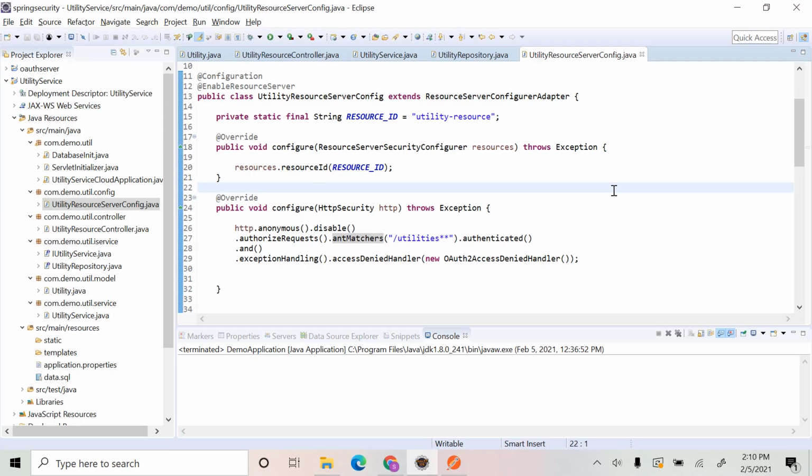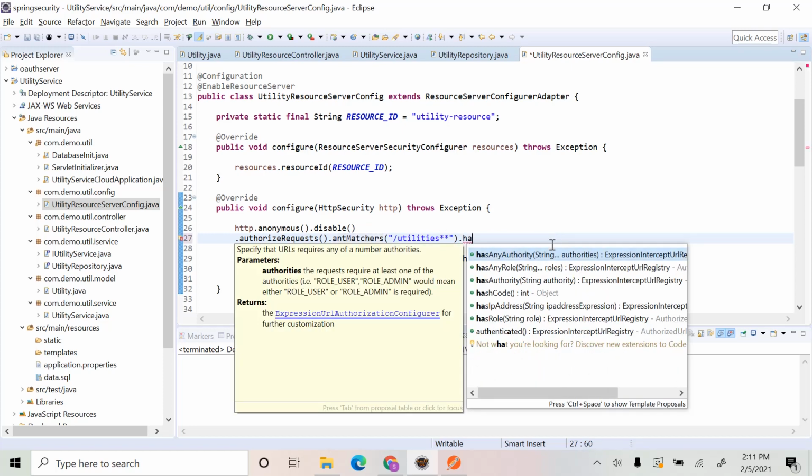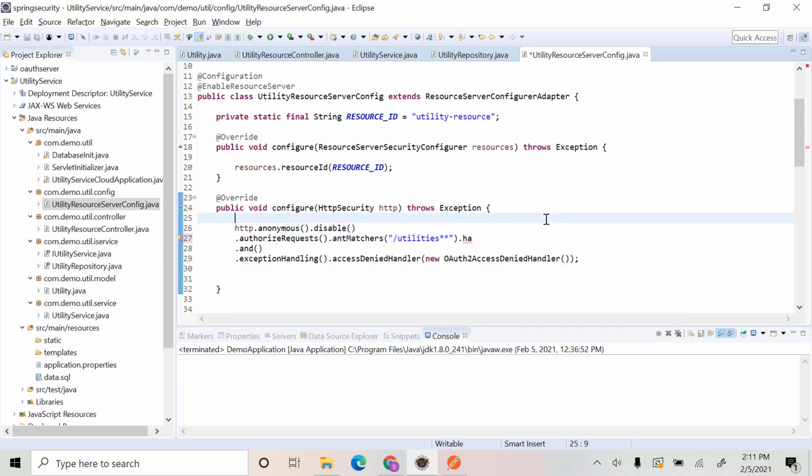Here you can fine-grain the access control by adding the HTTP methods to the antMatchers and by using more specific paths, and also you can use hasAnyAuthority or hasAnyRole to be more specific about the access control. So this is how we control the access to the resources. But here we are making it very simple: if they are authenticated, then they are authorized to access this endpoint. And in case of any errors or exceptions, this OAuth2AccessDeniedHandler will take care of that error and exception, and it just returns the error response to the client application.